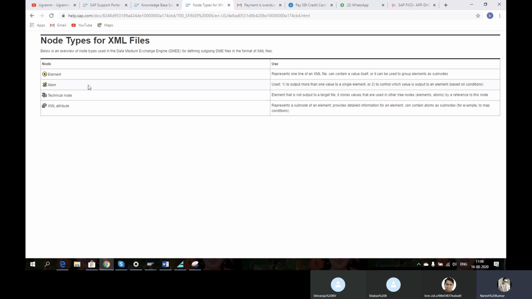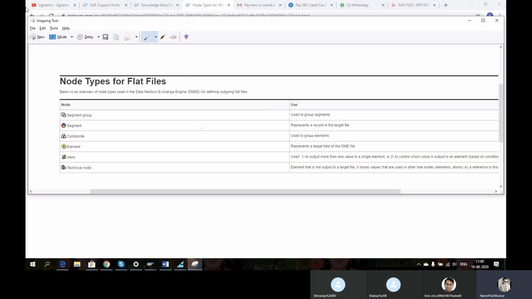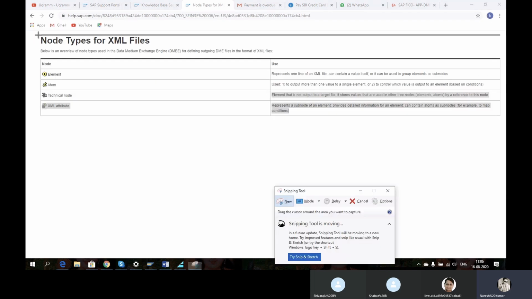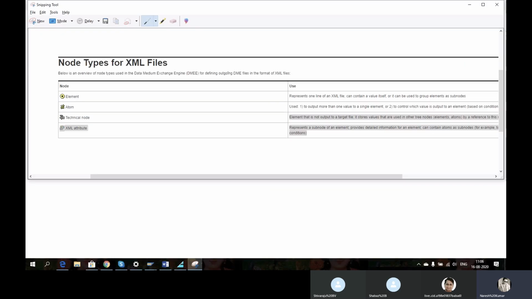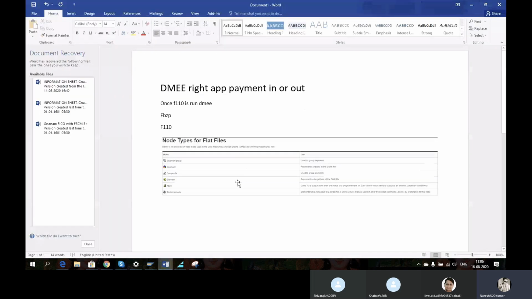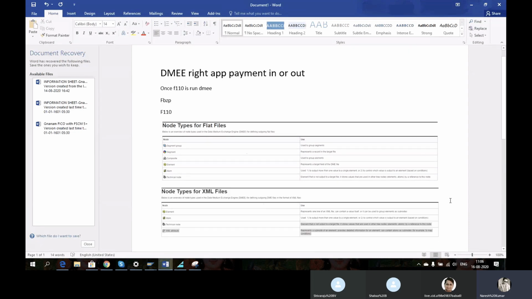See, always remember this: atom, element and technical node is a confirmed interview question. They will ask you in interviews, or in real time also when you get in, these things you will be able to see. So this is what node types, flat files or XML files will be.